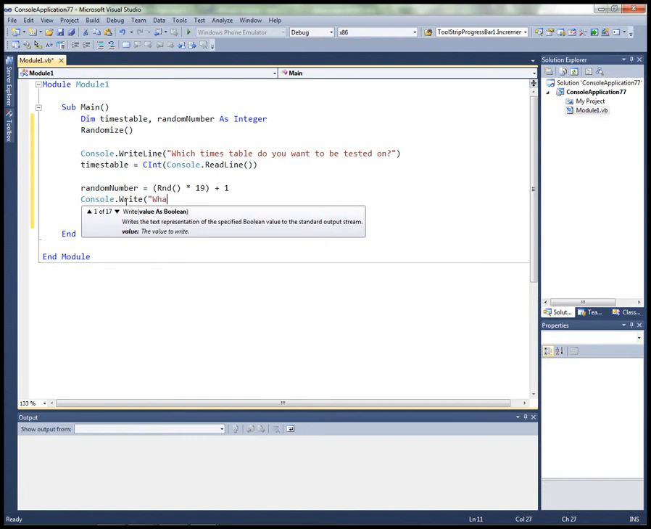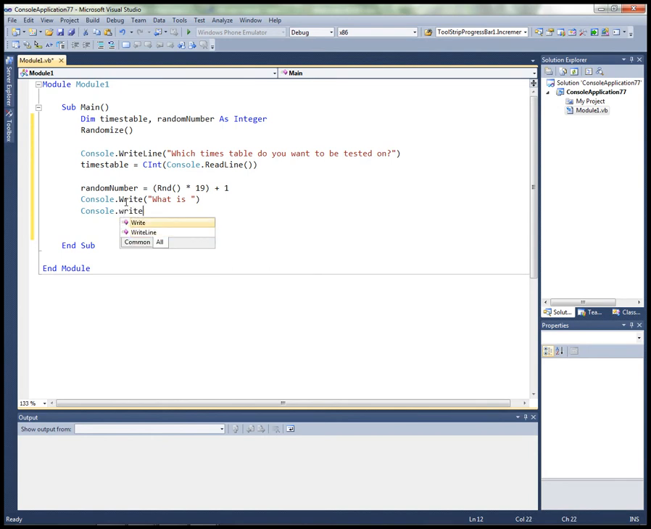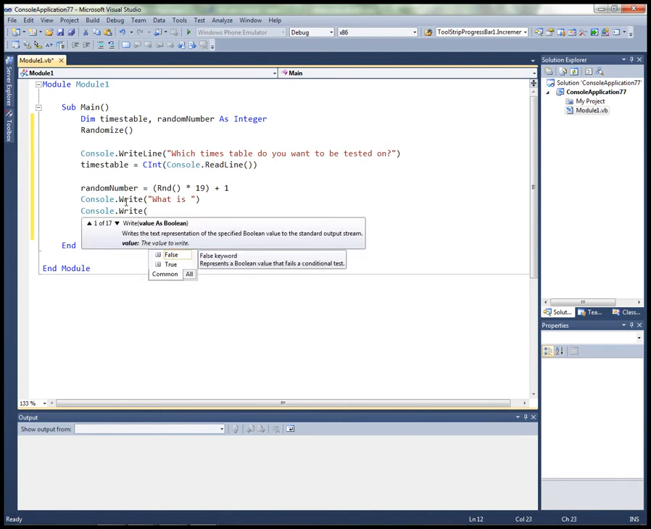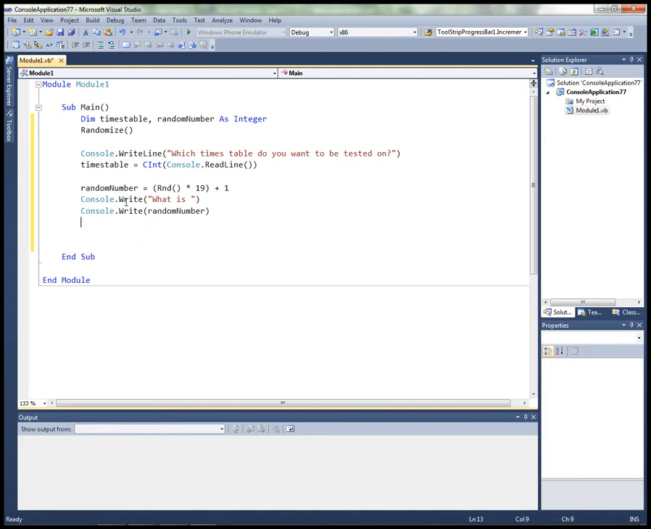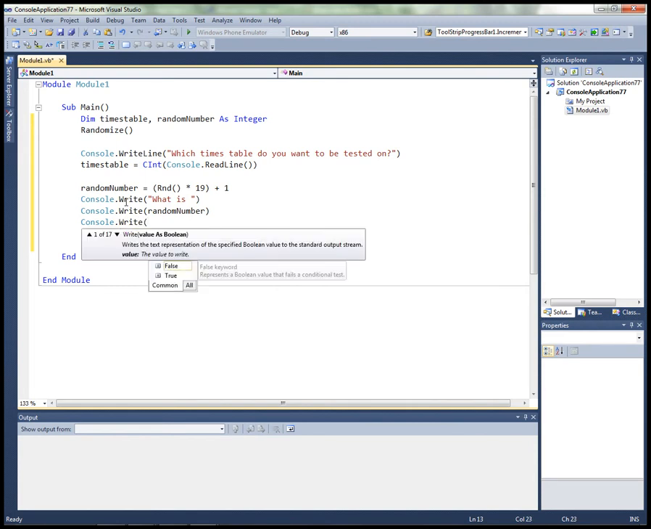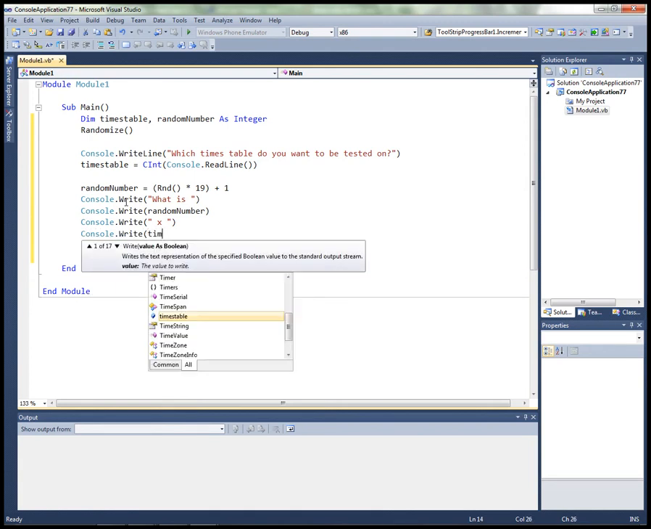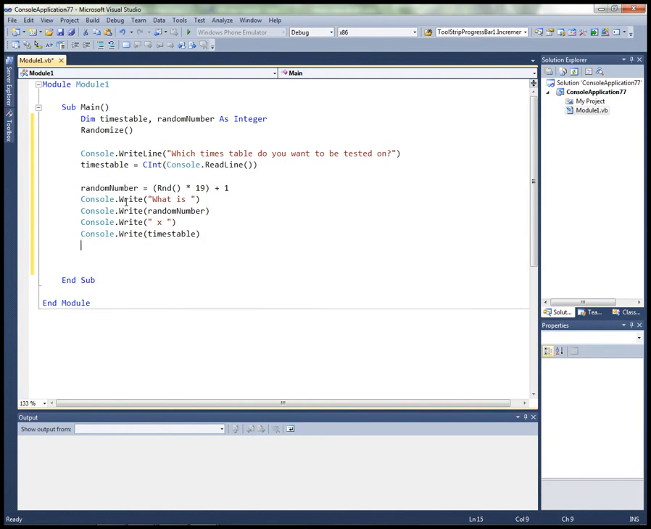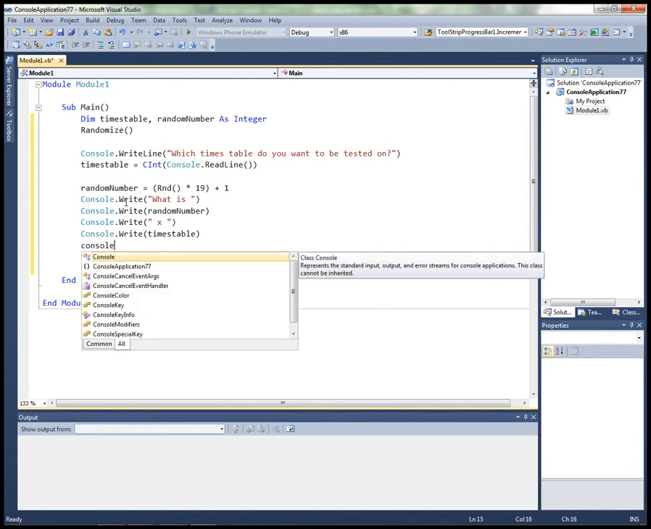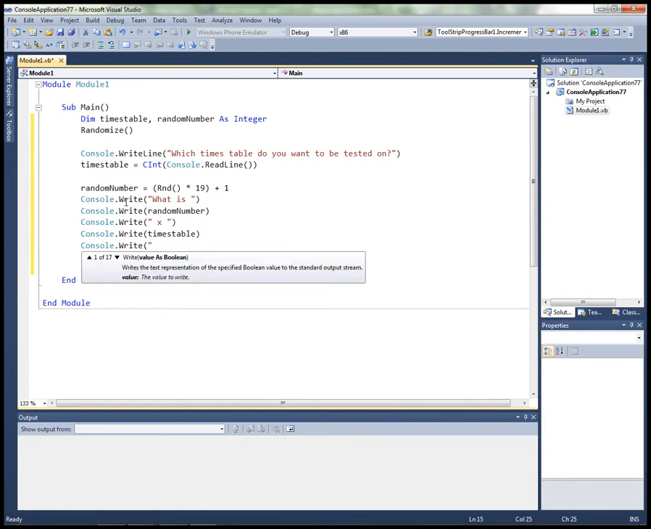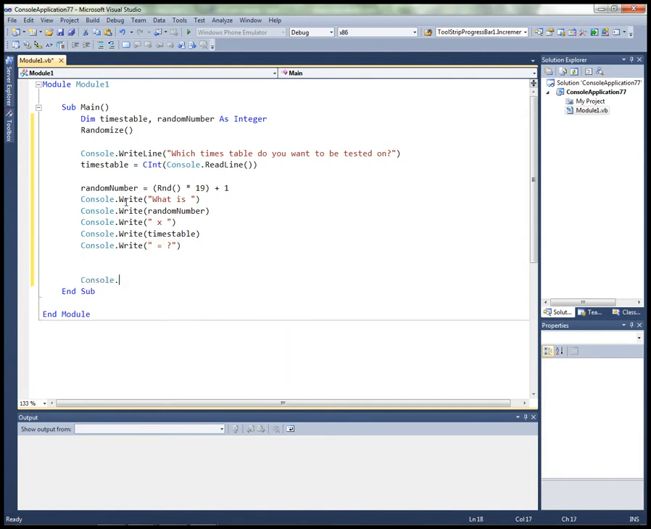So I'll say what is. I'm doing console.write, so it's all going to be on the same line, and then I'll print out random number, and I'll do a little string, so the times, then times table, and then finally my equals question mark. Okay, I'm just going to go and put my console.readkey in and check that this